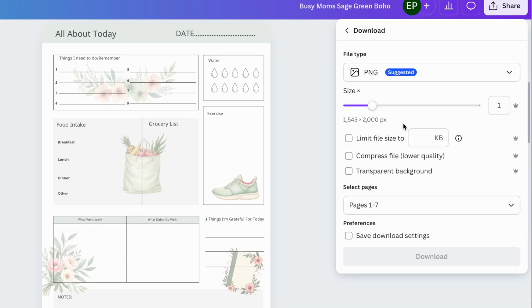I would now download that as a PDF at print quality because that then will be at 300 dpi and